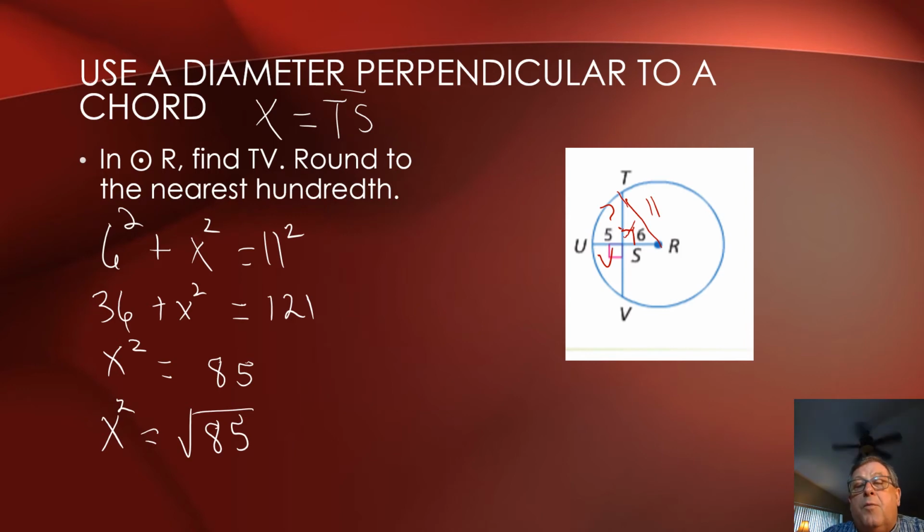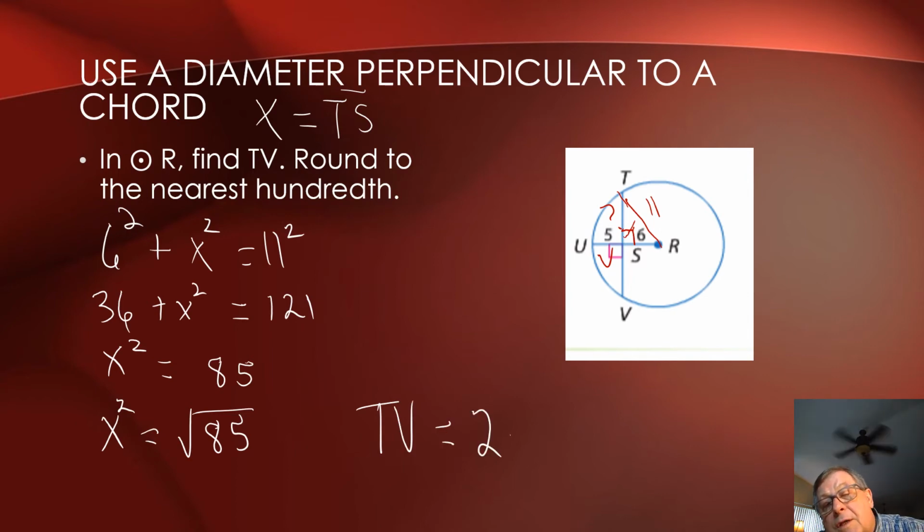Since this radius is perpendicular to the chord TV, it bisects that chord, and we've just found half of that value. So TV is going to equal 2 times TS, and we determined that TS is the square root of 85. We're asked to round our answer to the nearest hundredth. Calculator, please. 2 times the square root of 85 is 18.4391, is what my calculator says. Rounded to the nearest hundredth, it is approximately equal to